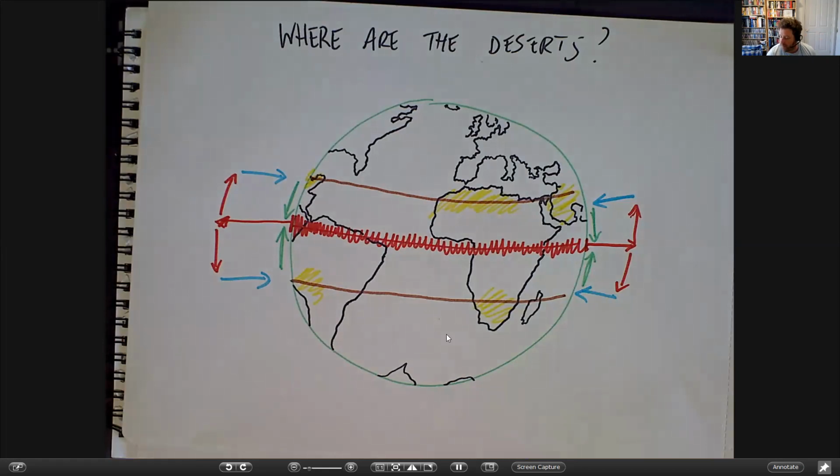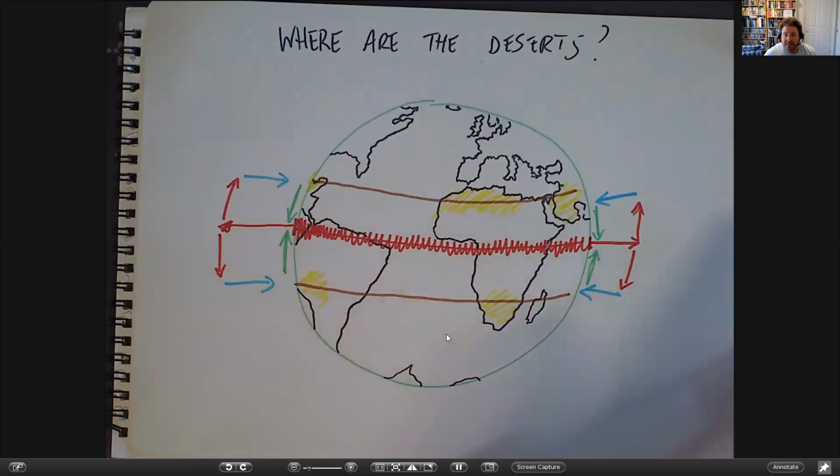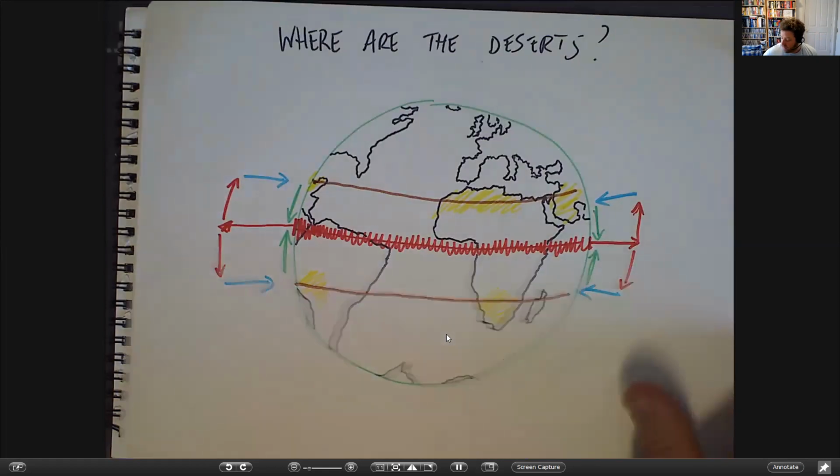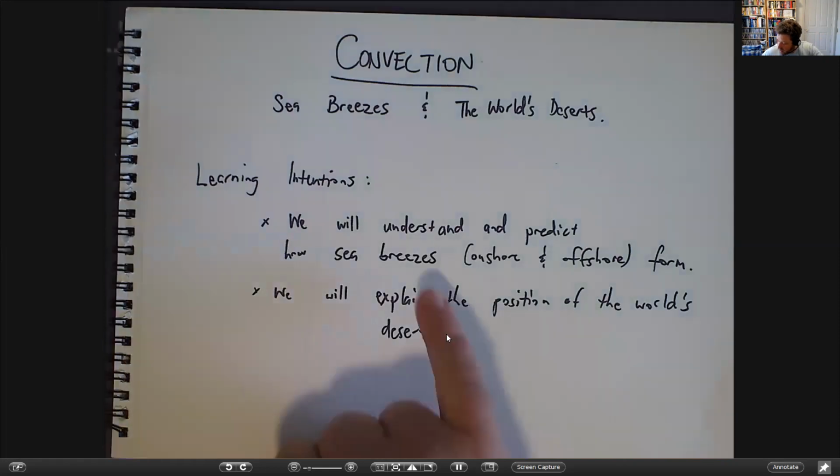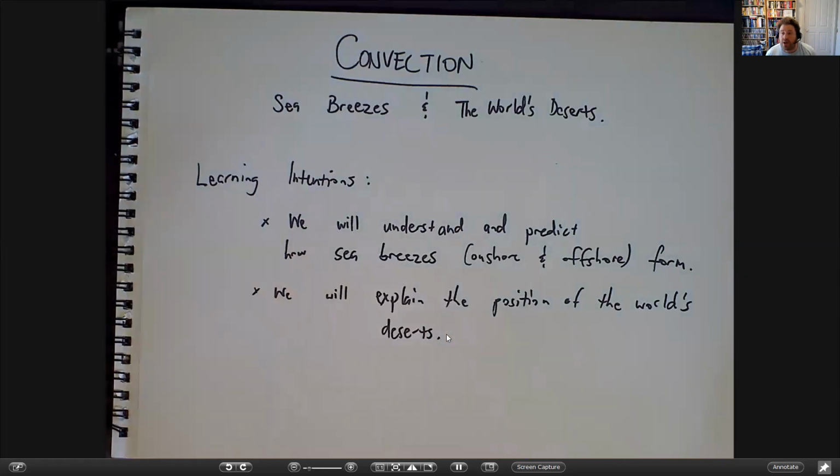Okay, so let's go back to our learning intentions, make sure we understood it. So we understand how sea breezes form. The Earth gets hot during the day, air rises over the land, and then wind rushes in from the sea to fill the gap. And then during the night, we get an offshore breeze because of the opposite effect. The ground gets really cold because it doesn't have much heat capacity. The air drops there and then rushes out onto the sea, where the sea is relatively warmer and the air